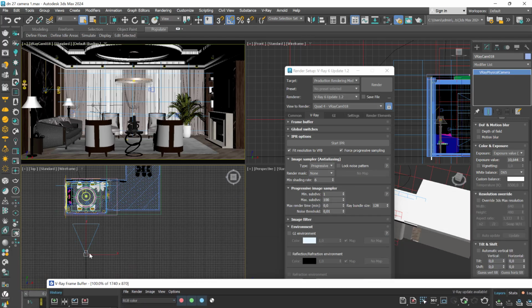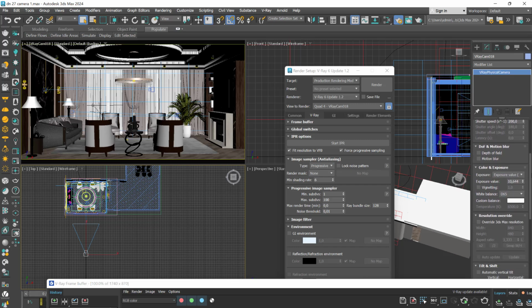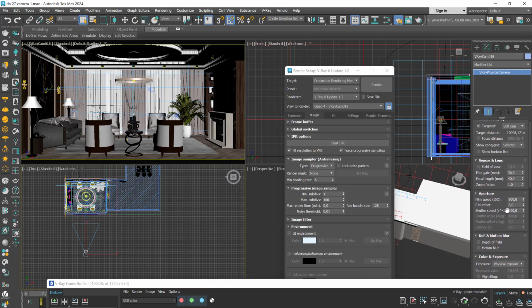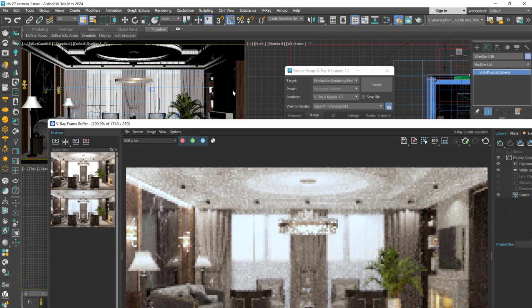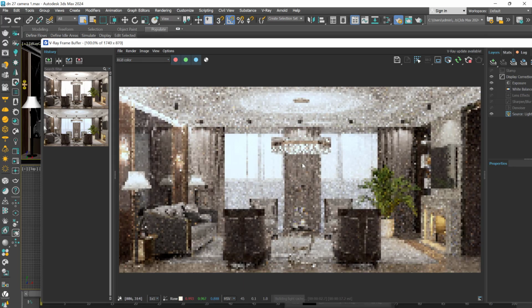Let's switch to Max and we will see how that impacts in Vray our interior render. First of all, let's switch to physical exposure, and next I will try to change that parameter and we will see how that impacts our render. In this case, to adjust this render, I've changed only the ISO from 100 to 800, and the shutter speed and F-number or aperture remained at their default value. The default number for our shutter speed is 200, and I'll try to change that, and let's see what happens